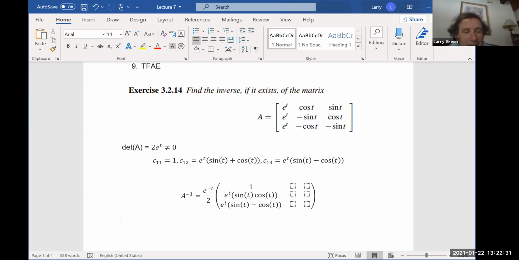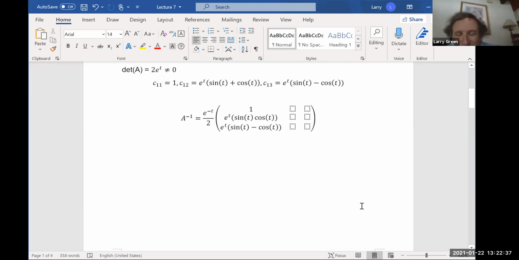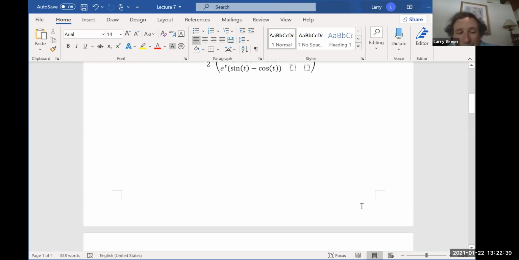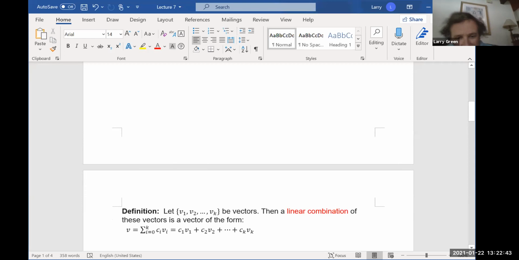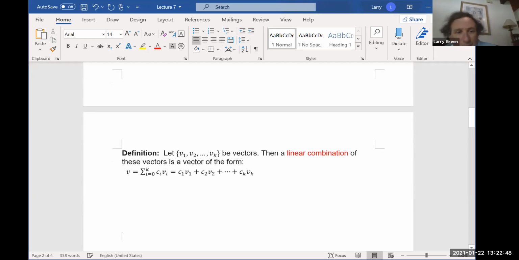They're connected somehow, but how is that somehow? And that's what the word linear is, and that's the important thing. So let me remind you of the definition. Which says that suppose you have vectors, v1 through vk, then a linear combination of these vectors is a vector